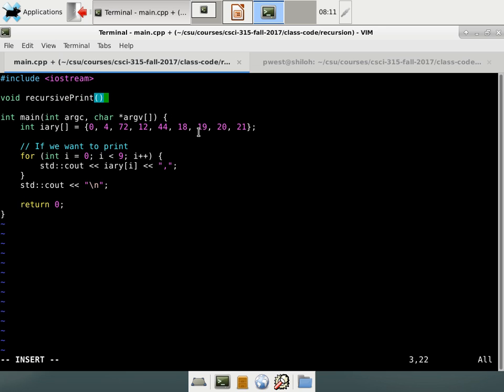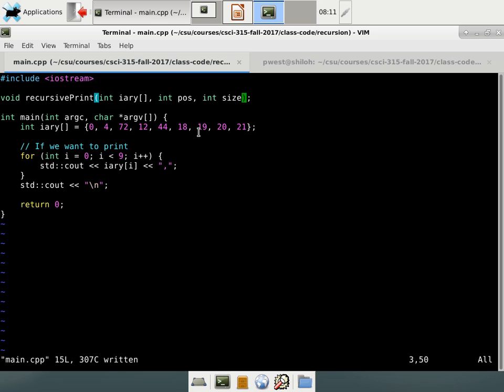I'm just going to call it recursive print, and it's going to be passed in the array. We're going to print it, I guess, in the forward direction. So we'll have position, and then we'll also have to know size. So this is the actual data array, where we are in printing it, and the size we want